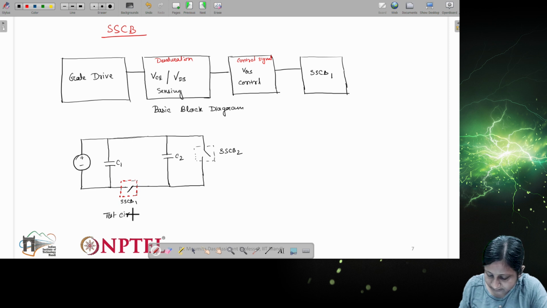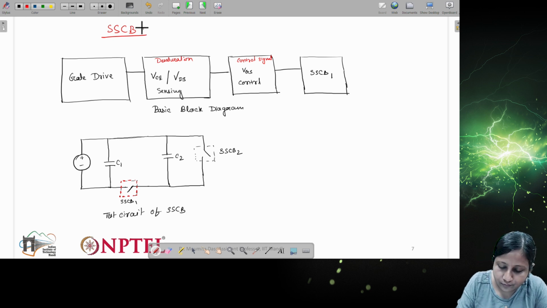I'll tell you about the test method also. Circuit of SSCB, or here I can write down the full form, which is solid state circuit breaker.